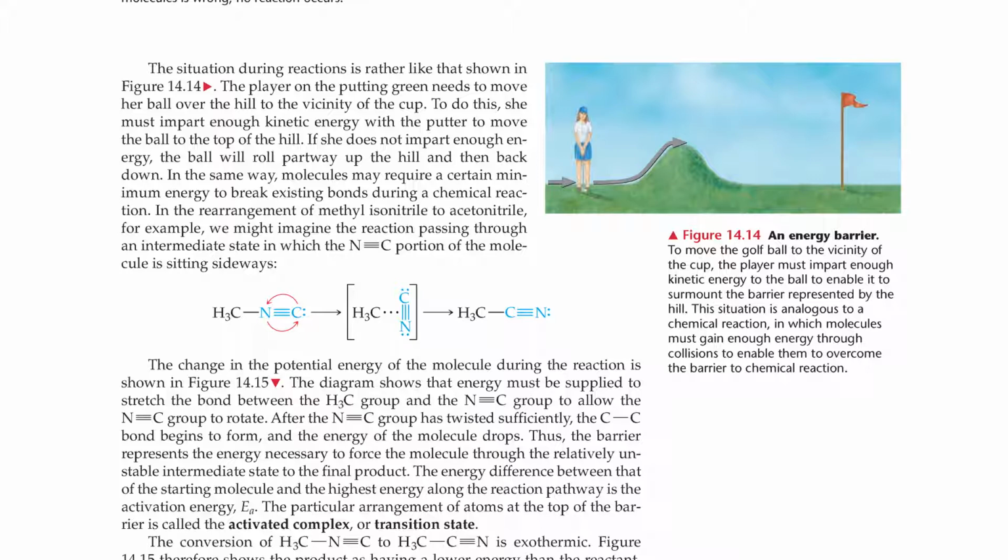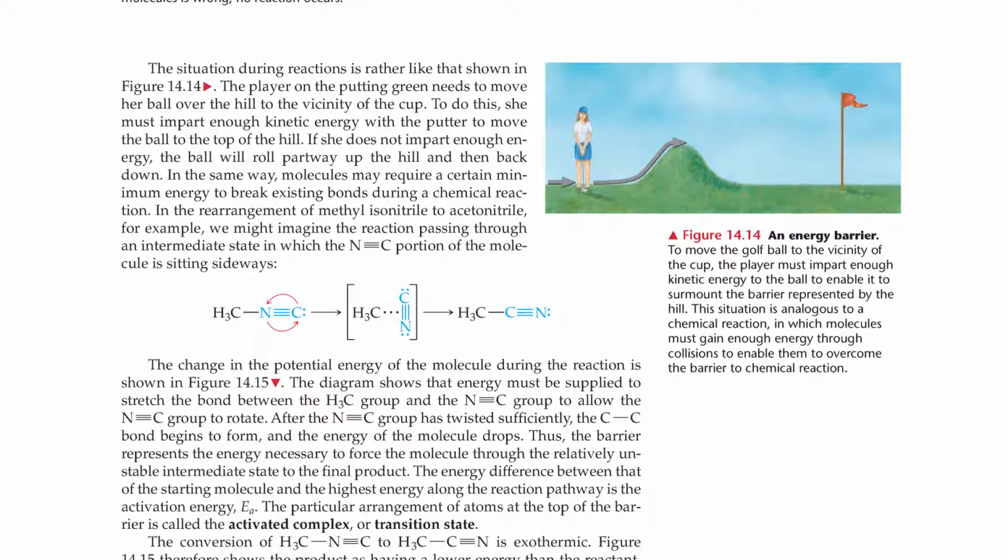The diagram shows that energy must be applied to stretch the bond between the methyl group and the nitrogen-carbon group to allow the nitrogen-carbon group to rotate. After the nitrogen-carbon group has twisted sufficiently, the carbon-carbon single bond begins to form, and the energy of the molecule drops. Thus, the barrier represents the energy necessary to force the molecule through the relatively unstable intermediate state to a